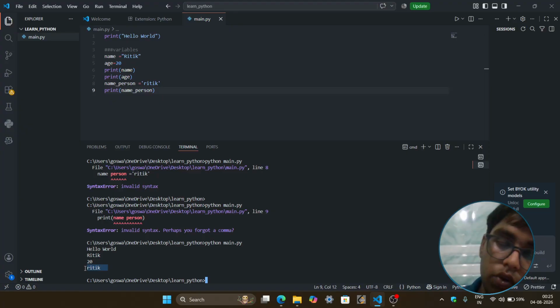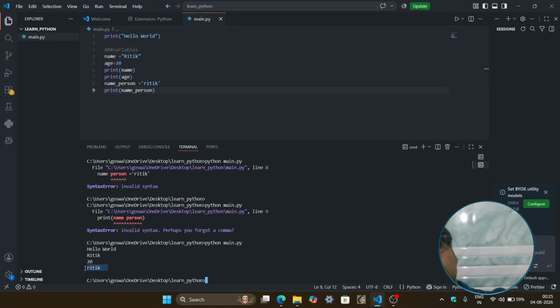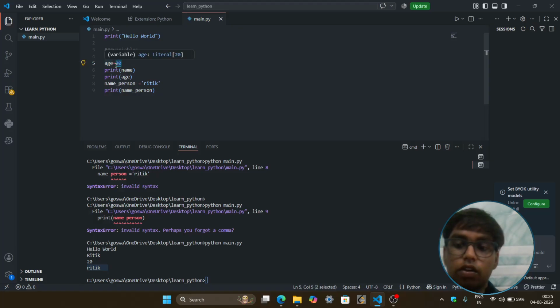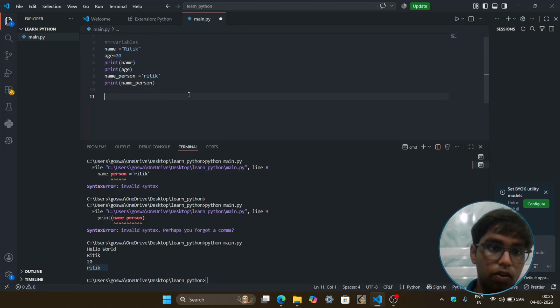Now we are going to learn about data types. Variables are used to contain data, but we have different types of data. In name we have stored a string, and in age we have stored a numerical value, or you can say an integer value. I'm going to tell you about basic data types.